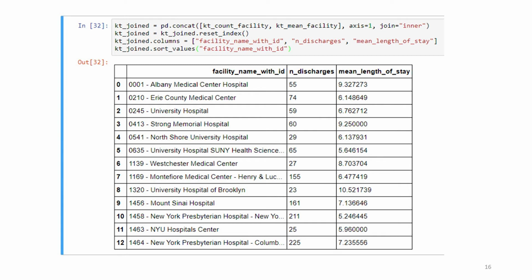And so what you can see is that when we look in detail, we can see the individual hospital. I didn't put that in the last plot, but we can look at the mean length of stay and the number of discharges, and we can see Stony Brook. You can sometimes see the history in these databases. In the SPARCS data, it's called University Hospital. So you can see where Stony Brook compares to other hospitals in New York State in terms of lengths of stay and volume. And you can see that New York Presbyterian Hospital, together with Columbia, do most of the kidney transplants in New York State.